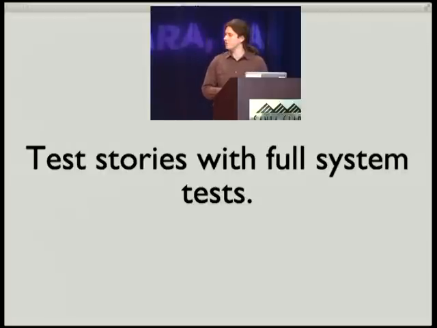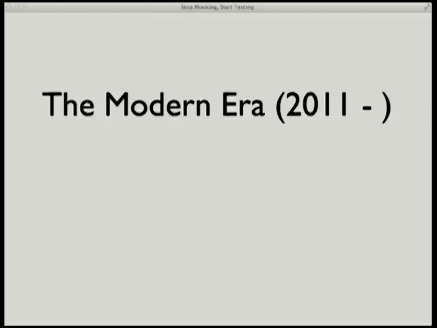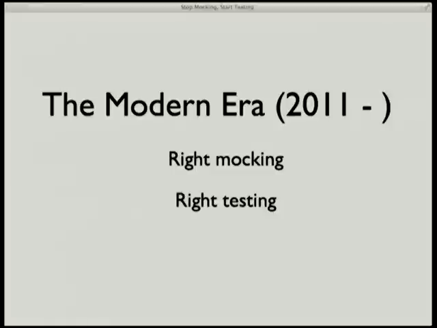We were at one point trying to check cross-site scripting attacks using Selenium, and that gets really slow because you're checking all the different boxes that you could fill in and checking to see where things are leaking through. It was just too slow, and you won't live long enough if you're trying to check all your edge cases that way. So all this was going on, and we were gradually becoming converted. I had been a heretic, and I had been fully won over. Our whole team had gone through this enlightenment, and now we've come to the modern era, and we believe we have the right mocking, the right testing, and the right design.